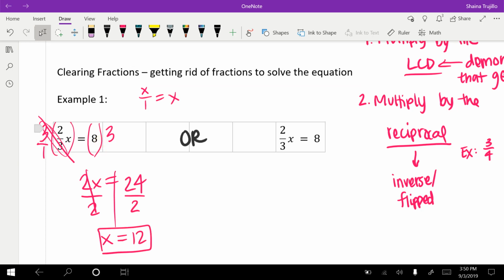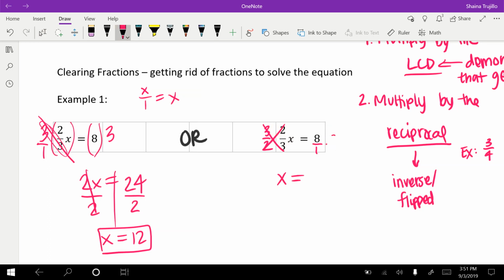Okay, on this side, we're going to multiply by the reciprocal. I just want to get rid of this whole 2/3 right away. So I'm going to go ahead and multiply by the inverse, the reciprocal, or the flipped version. Ta-da! And this crosses those out. So now I'm left with x equals, oh, but how do we multiply 8 by 3/2? Well, if you remember,